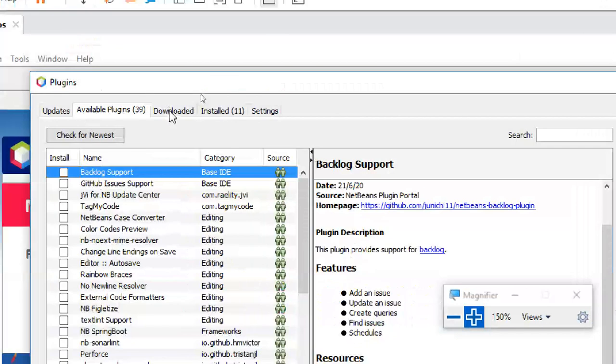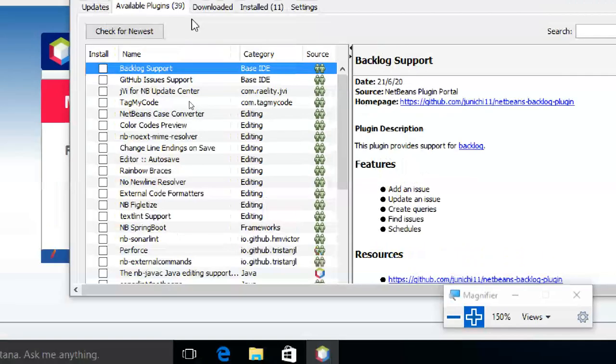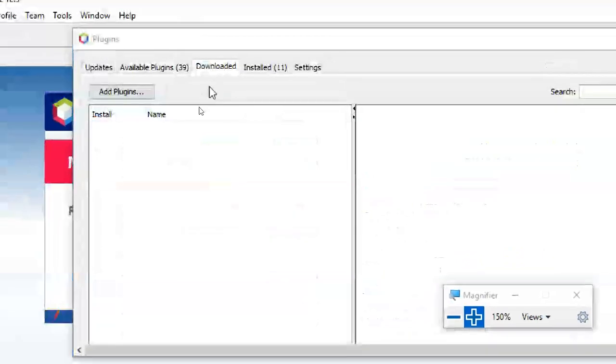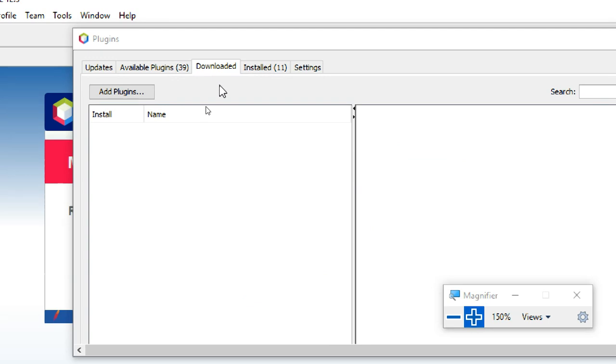Okay, download it. This is downloaded. So you can add a plugin also. If in case you don't find the plugin in available or installed, then you can check in downloaded. Like you can download a plugin and add a plugin also.